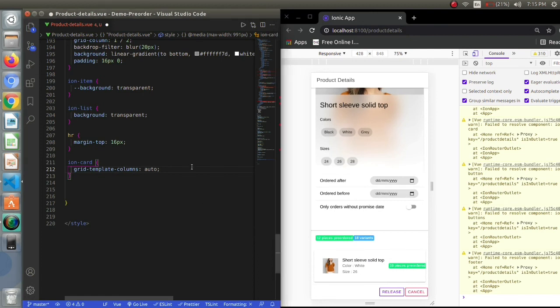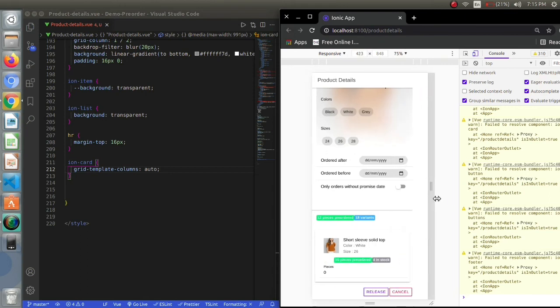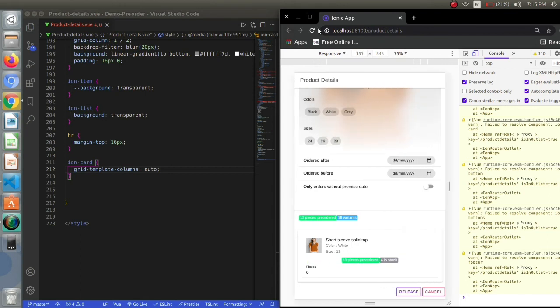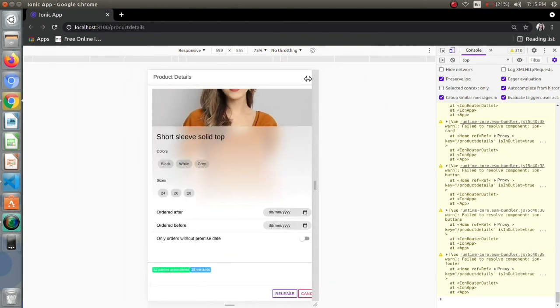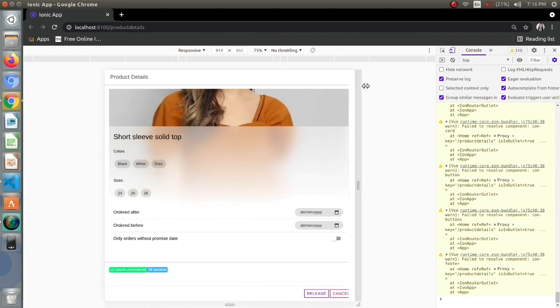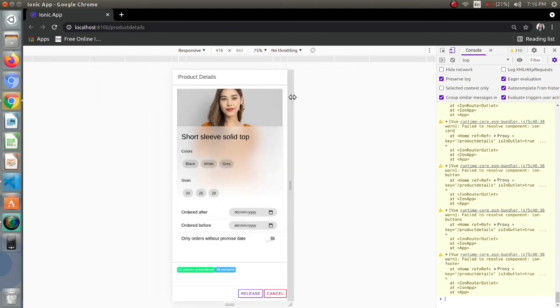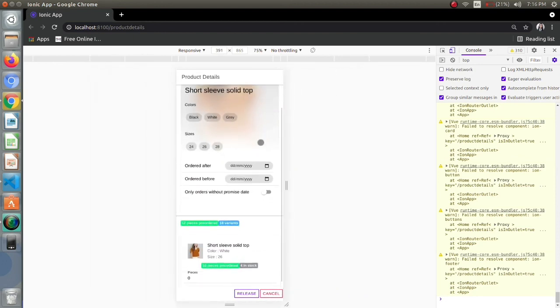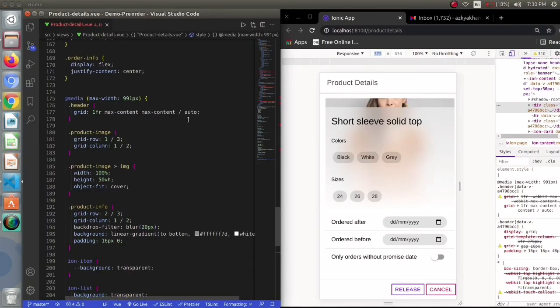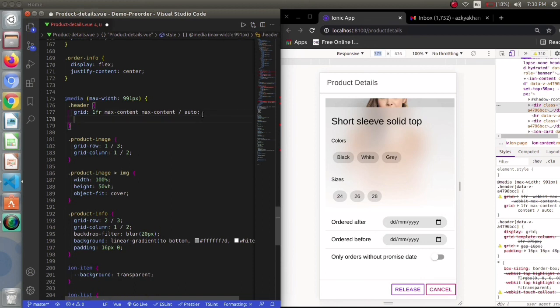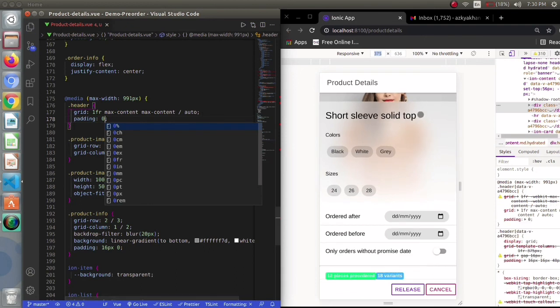So when it is minimized to mobile, it will be in one column. I want some padding in the image part, so I will be providing some padding to my header and set it to 0 because we have provided it in the desktop version.